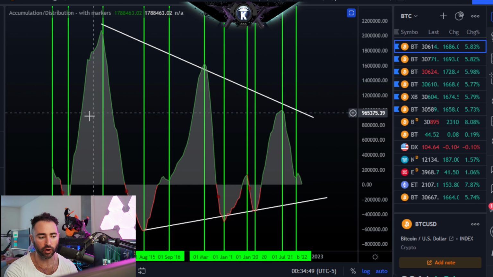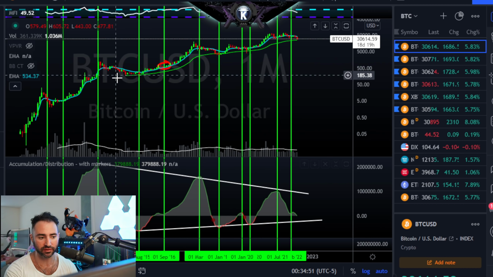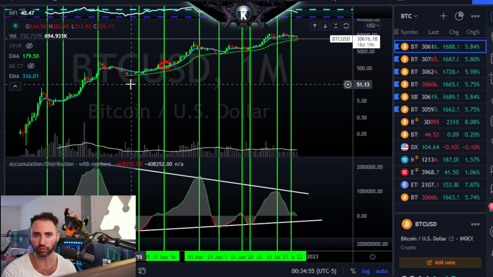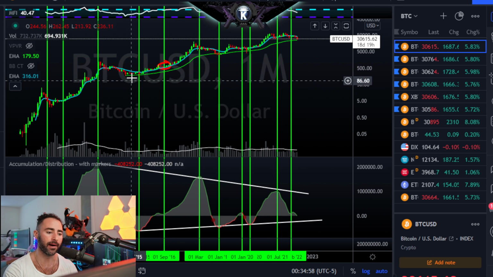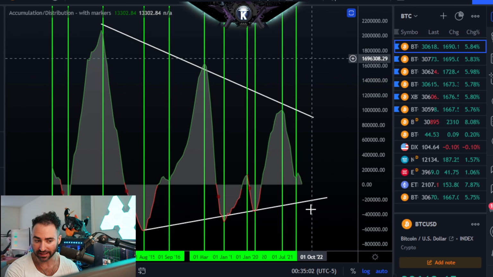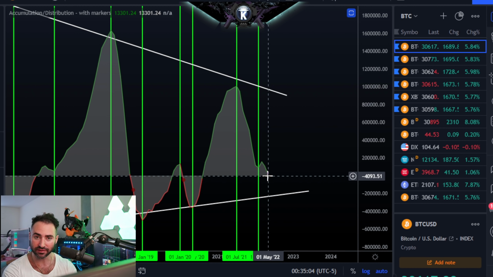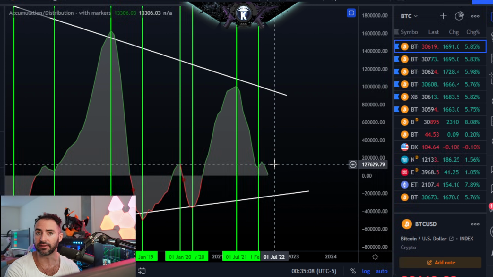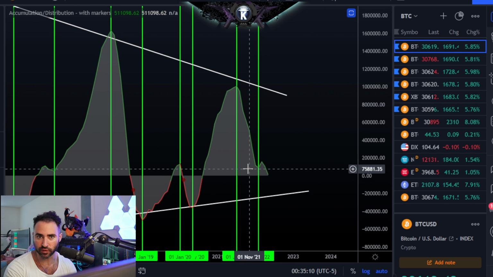I've marked all of these off with these green vertical bars, and you can match them up on the chart, and you can very quickly see that pretty much all of these were macro shifts in direction, which was rather powerful. Of course, as you can see right now, we are still downside angled. So as long as this has a negative slope and is even in the green zone, I would go as far as to say that it's unlikely, historically speaking, that we have the low in.